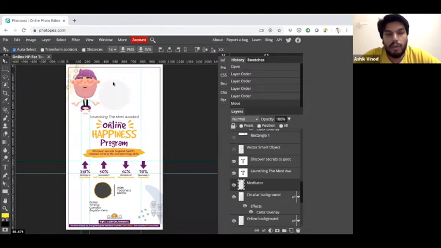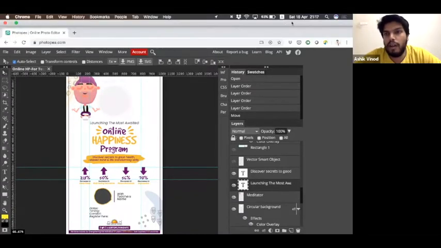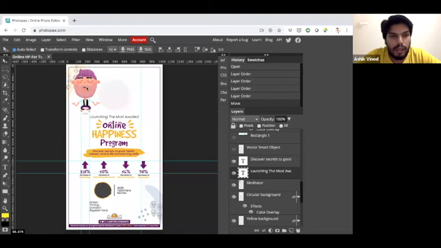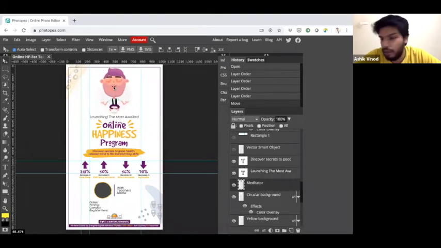One thing you have to note is that you have to select the required layer before you move. If you have selected the wrong layer and you try moving it around, you won't see the required layer being moved. So we have talked about how to show or hide a particular layer, how to move it up and down, and how to move the position of the layer.